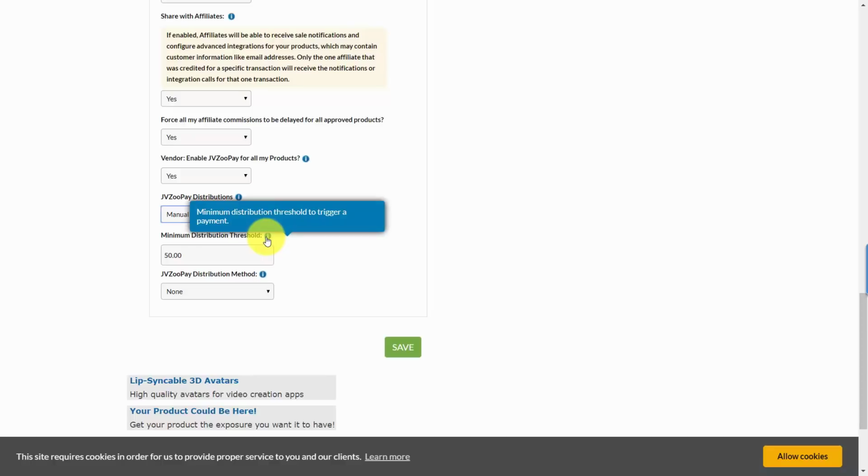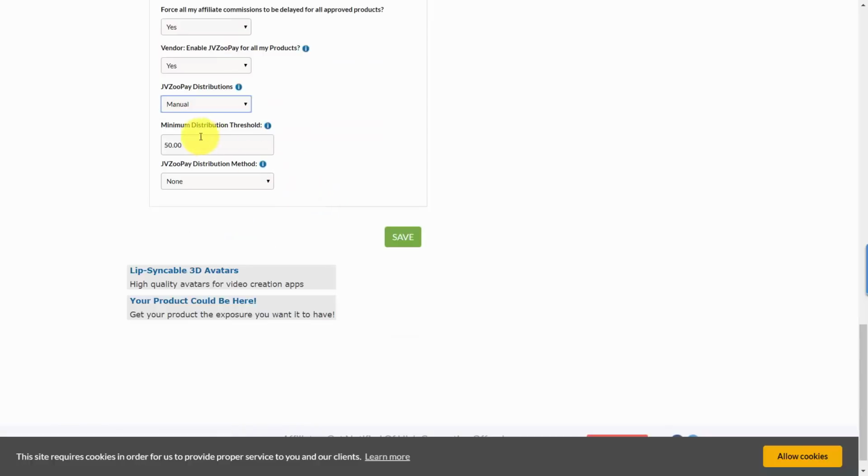You're also going to notice a minimum distribution threshold. You'll see that the minimum threshold by default is going to be $50. If you want to change that, you can change this number to whatever you want it to be. Now lastly, you're going to see your JVZoo Pay distribution